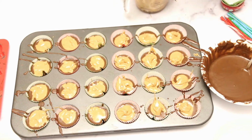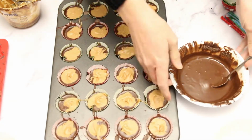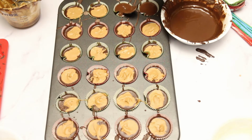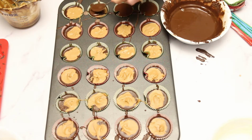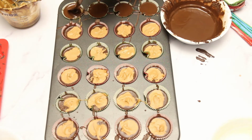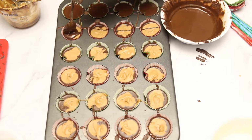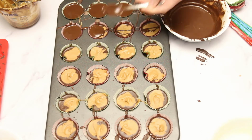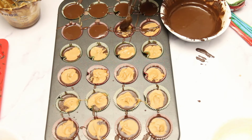Next up are chocolate peanuts. So I'm making these in my mini muffin tin. So I'm using just chocolate chips. I ran out of melting chocolate tab things. What are they called? The candy melts. I ran out of those, so I'm using chocolate chips and then just some dry roasted, salted peanuts, and